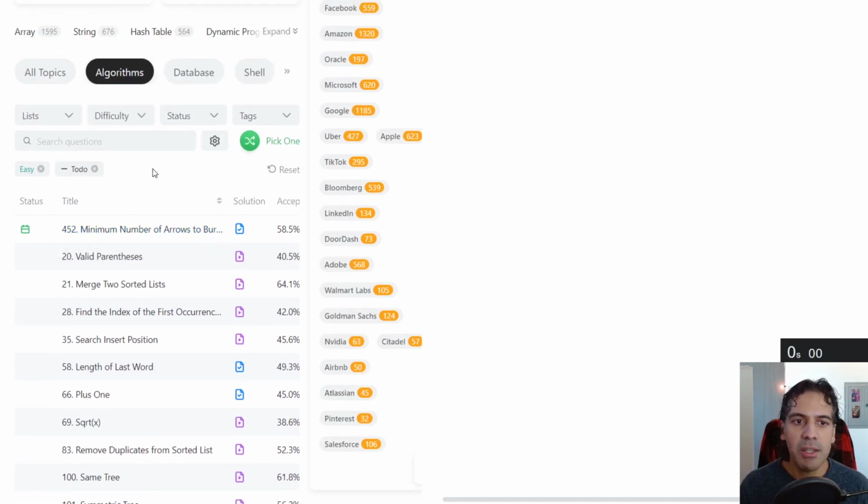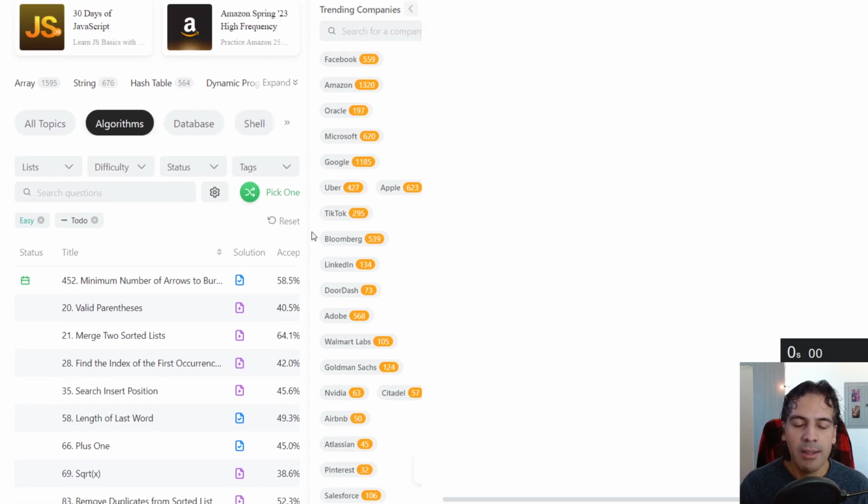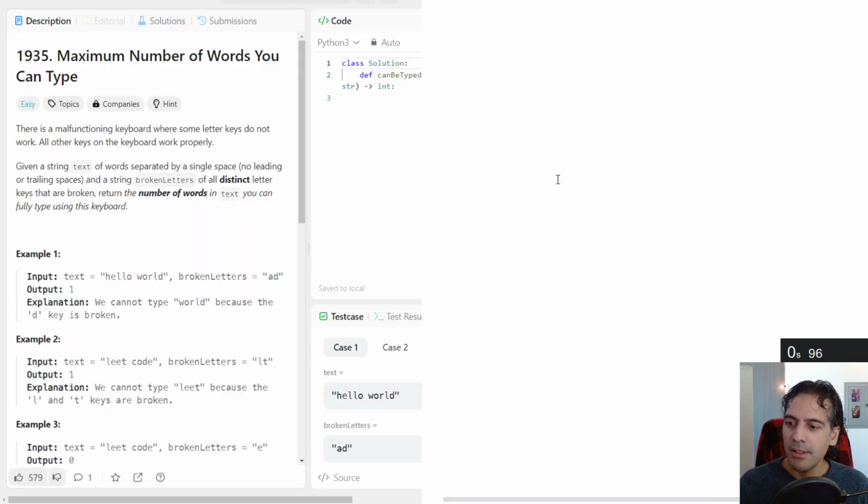We'll be choosing an easy one in the algorithm space, and the goal of this is for me to act like a tech interview candidate. With an easy question, you're in more of the entry level L3, L4 range for a tech company. And I think even though you can do medium questions, being able to really knock out easy questions is important. And more importantly, I'm quite rusty, so this is probably just appropriate for me. So let's pick one at random, and I'll start the timer.